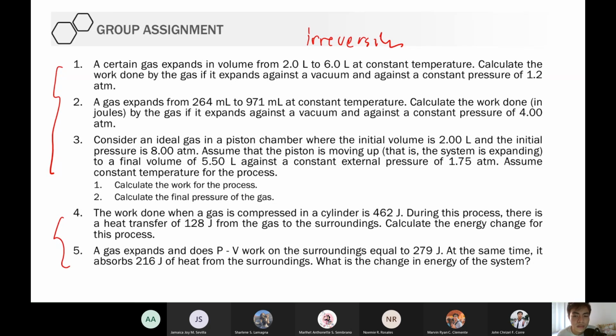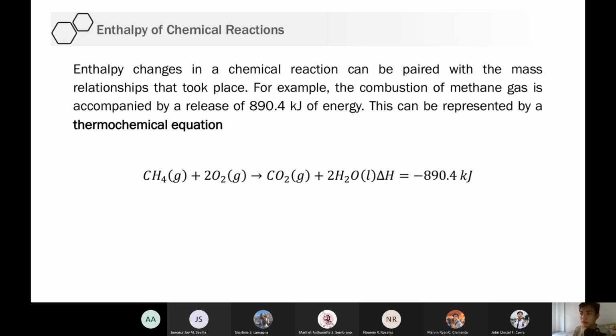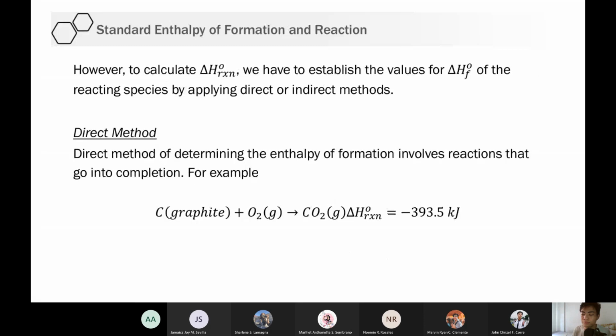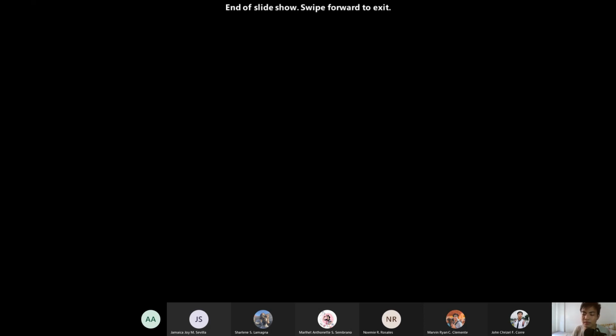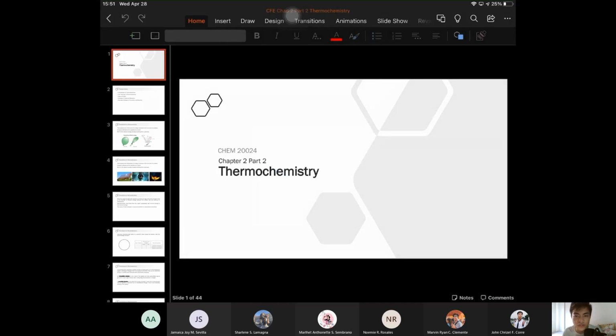Okay, so we are done with the work, no? So na-cover natin yung topic for First Law of Thermodynamics. Q ay to be continued ang Q. Okay? Kasi yung Q, we have to understand the next topic pa before we go there, the enthalpy. Okay? So stop muna tayo dito. So ito ay next meeting na lang. Dito natin makukuha yung Q of the reaction. Ayan, so medyo mahaba pa yan. Meron pang calorimetry, no? So, saka na yun. Okay, so we are done with our session for today.